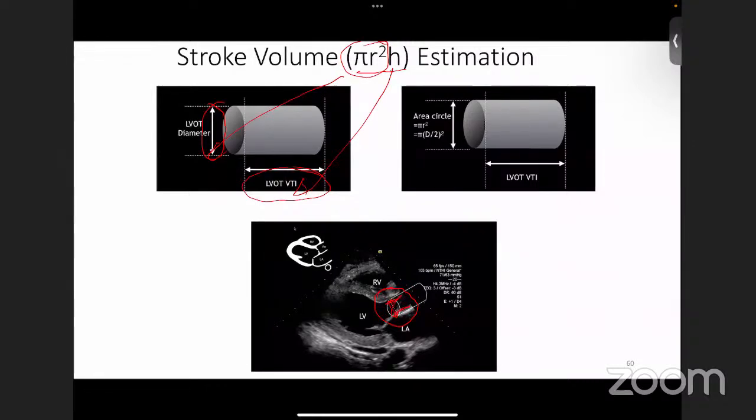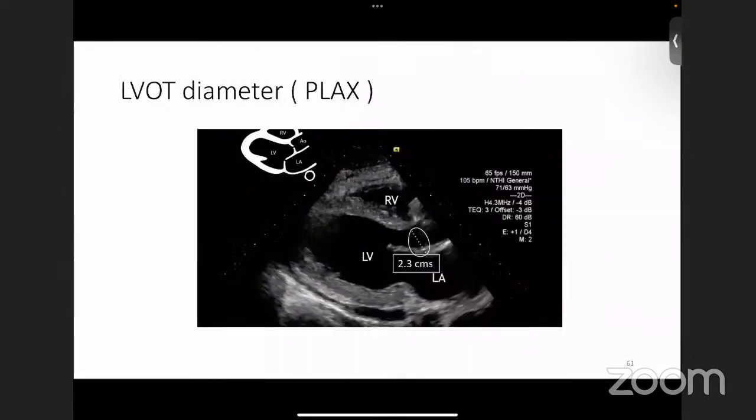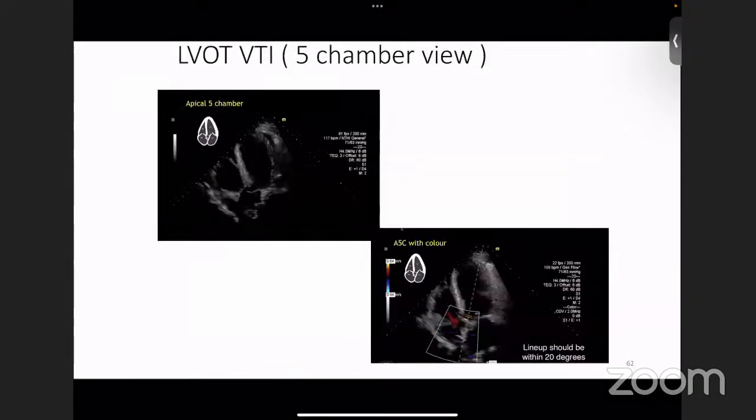You have to calculate the diameter of the LVOT. So that is the diameter. So you halve it to make it a radius and use it to calculate by pi r square. So here the diameter is about 2.3 centimeters,